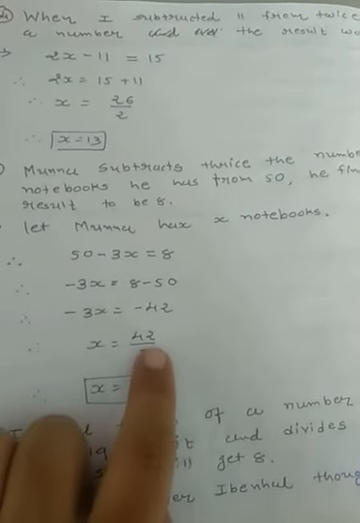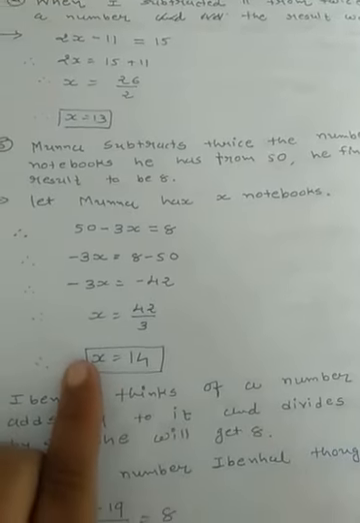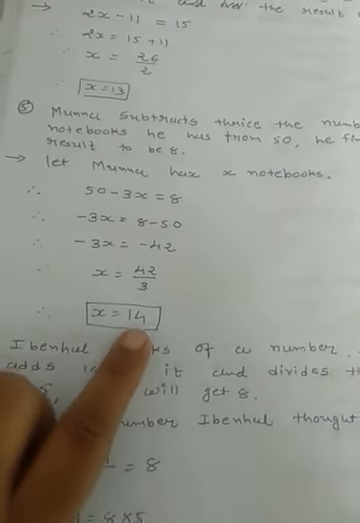So 3 will come in the denominator, so 42 divided by 3 we will get 14. So value of x is 14. Okay, next,